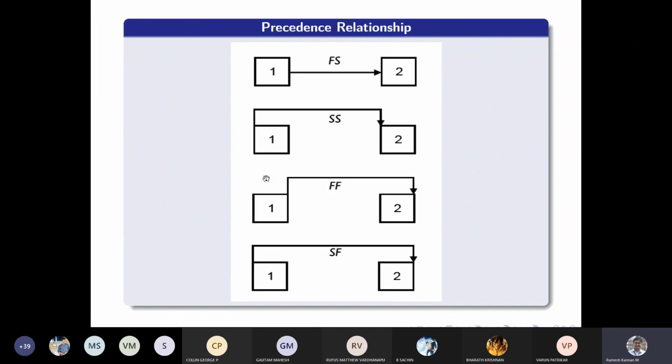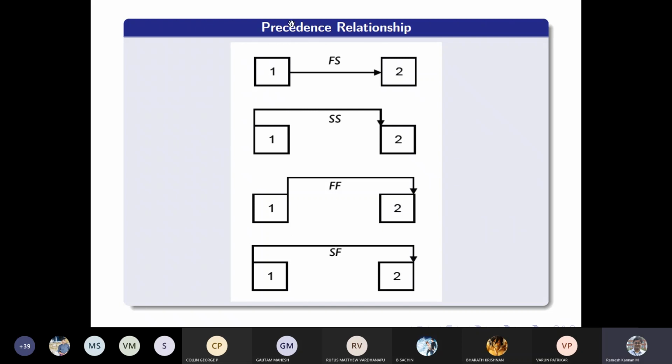And this is what I want to tell you: it's called the precedence relationship. This is an activity or node if you want to describe it, but in this case we represent it by event 1 and 2. There are 4 types of precedence relationship available.